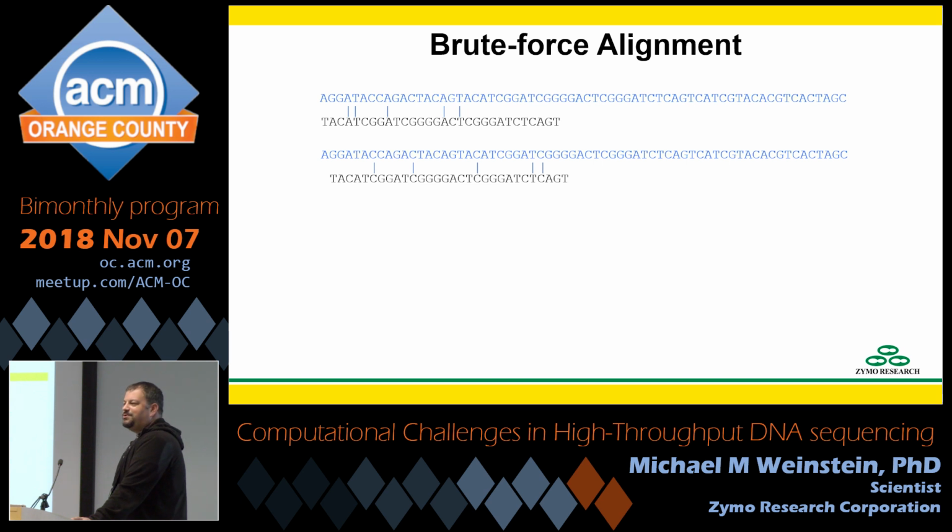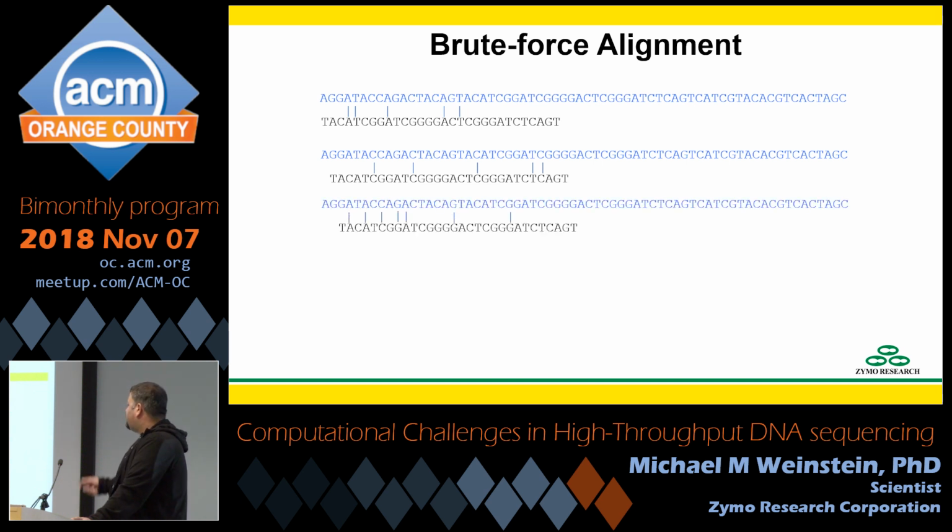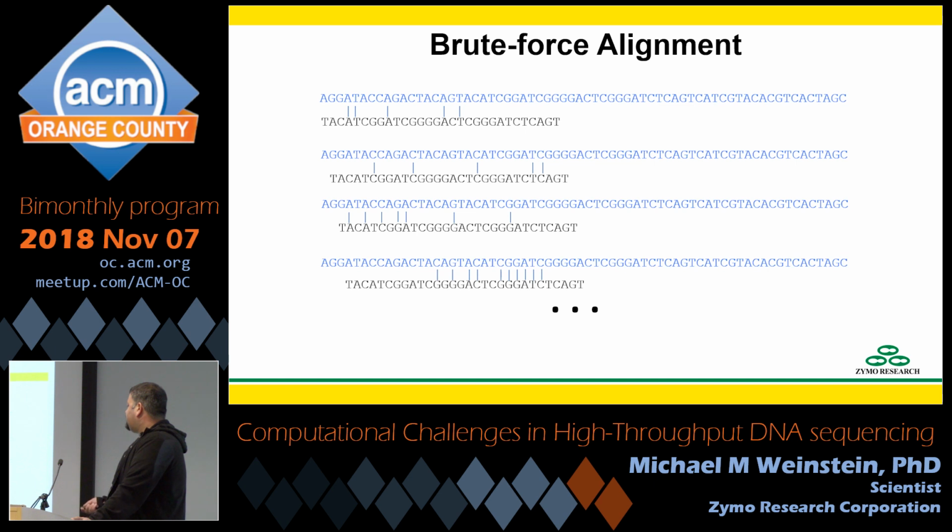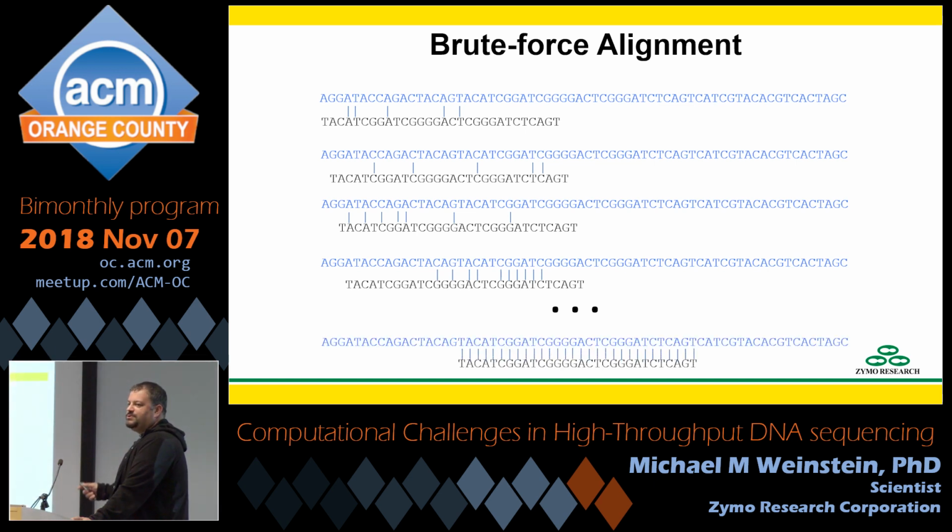We're getting an idea here that you get a certain number of matches just by random chance. Keep going, you get a few more matches. Keep going, hey, you get a lot of matches, but still within the random chance area. Eventually, you get to a position where it matches perfectly. Except you still need to keep going across the genome because you need to make sure it doesn't match perfectly anywhere else.